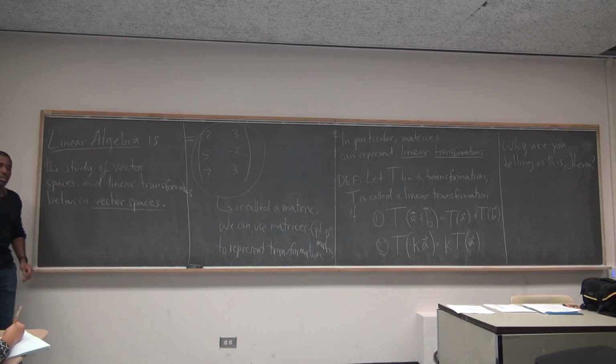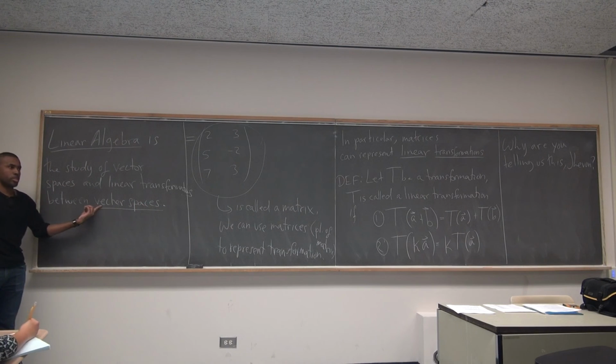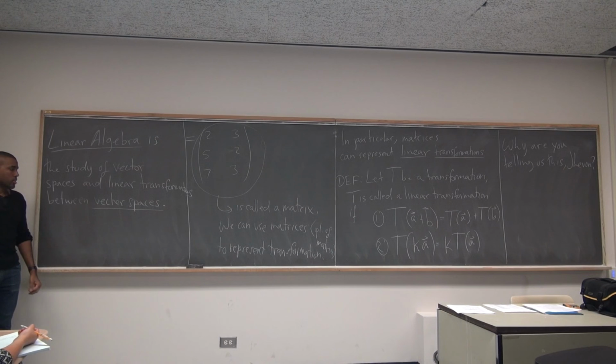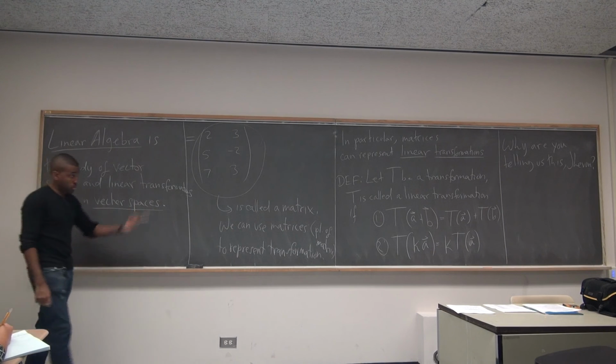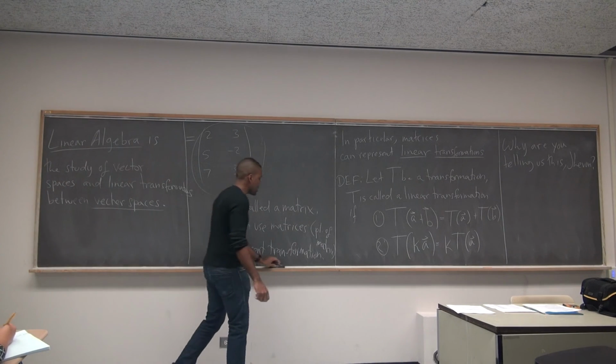Vector spaces, again, are far more general. It's not going to be what you think. Usually when people think vector space, they just think, oh, it's vectors like in physics, magnitude and direction. A vector is a far more general concept than that, and we'll be getting into it. Basically, a vector space will be something that behaves like the vectors that you're used to, but they don't have to be vectors. For example, a set of matrices forms a vector space, right? If I give you matrices of a certain size, they would form a vector space, which I'll talk about next time. But this is what linear algebra is.